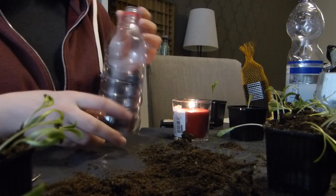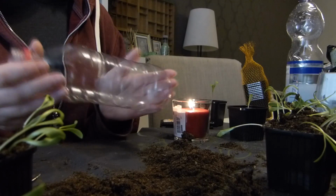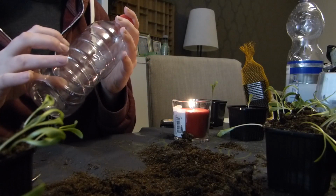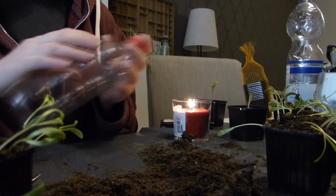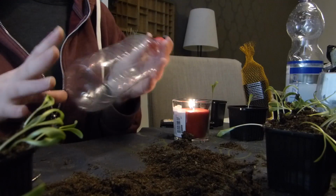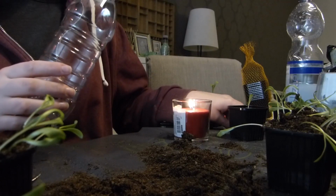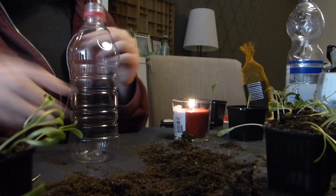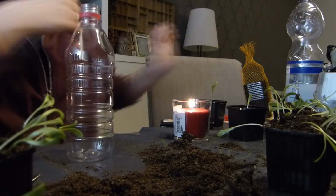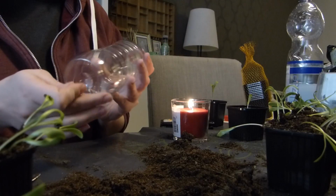So I actually found this little bottle, which is almost the perfect size to fit inside the container I will be using. It's kind of confusing, the information that you get online, because some of them tell you to make holes in the whole bottle. Some of them tell you to make them only at the bottom. None of them tell you how big the holes actually have to be, with some videos telling me that they have to be fairly big, while the others are just tiny, like the sewing pin thing. So what I've actually done is I took a little pin here and a candle, and I'm going to be popping a few